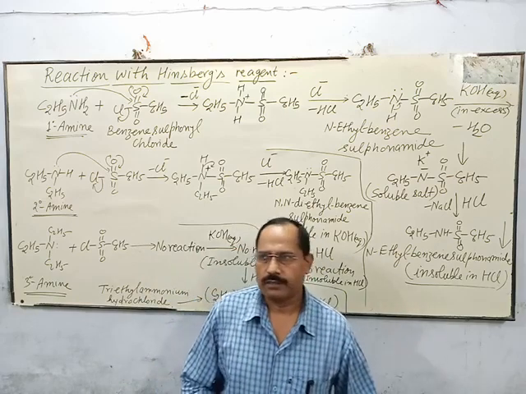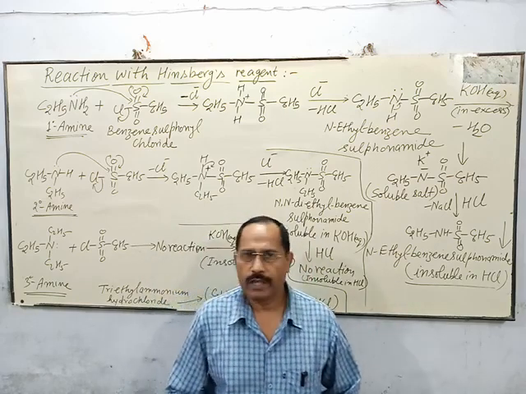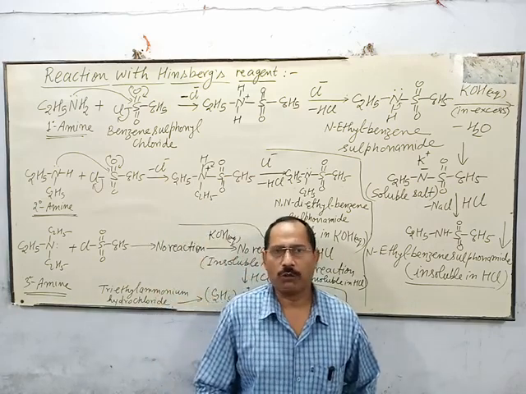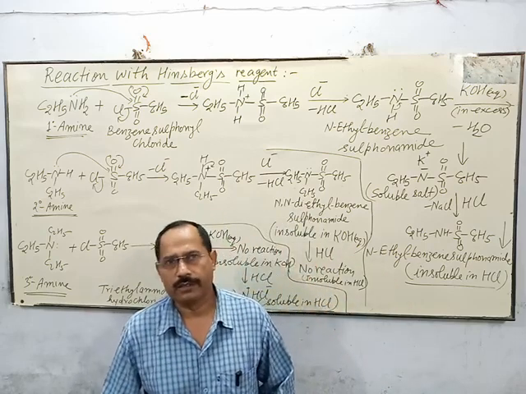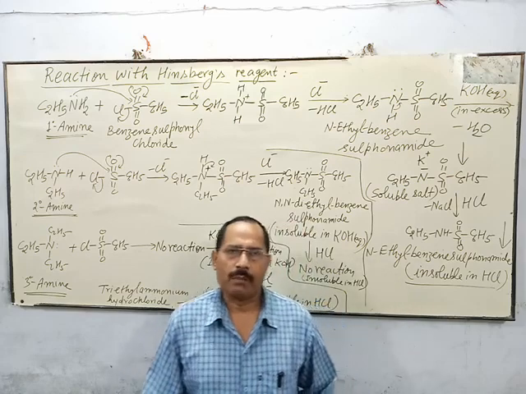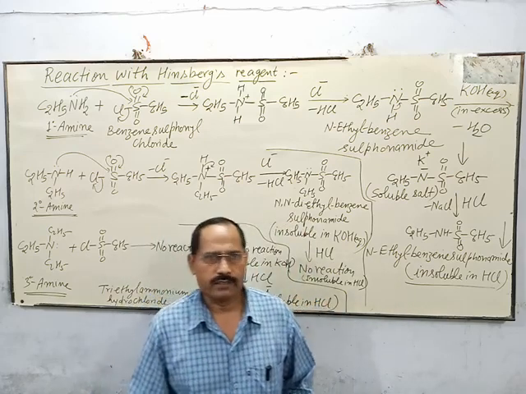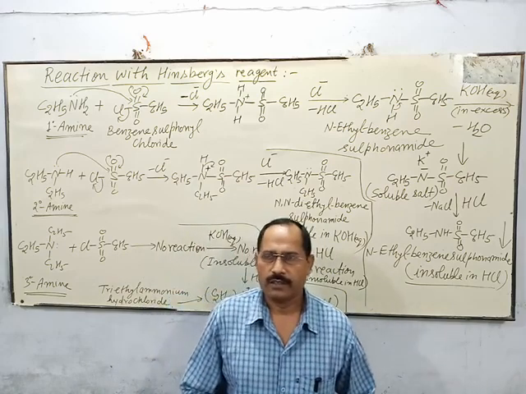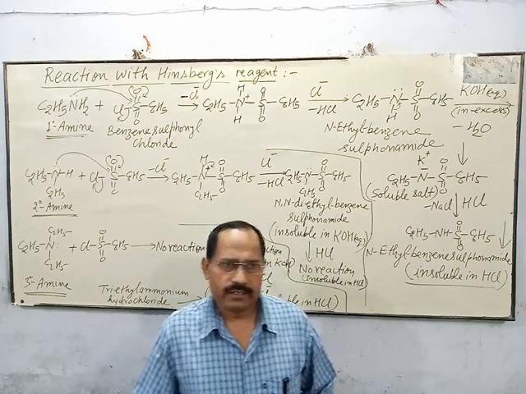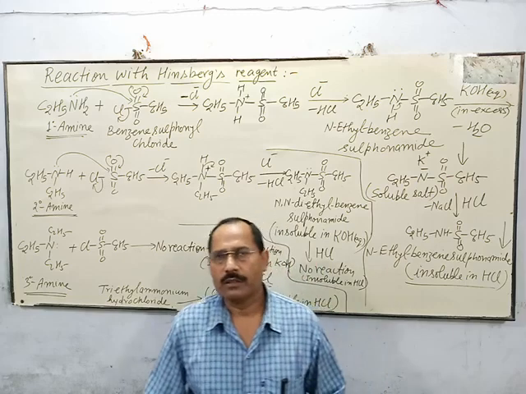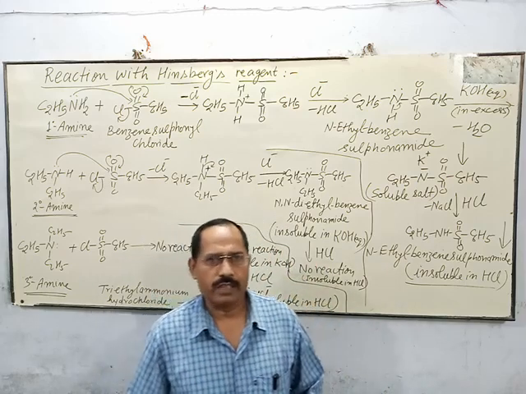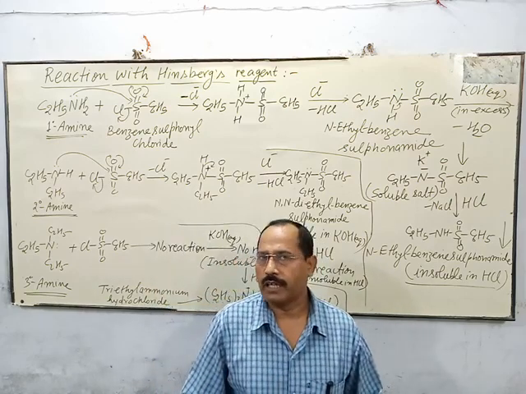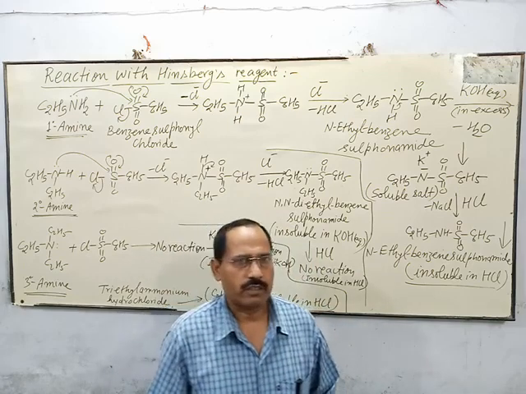The chemical reaction of amine with benzene sulfonyl chloride is an excellent chemical test used to distinguish between primary, secondary and tertiary amine. When primary, secondary or tertiary amine is treated with benzene sulfonyl chloride or Hinsberg reagent, they react differently with Hinsberg reagent and give different indications by which we can distinguish between primary, secondary and tertiary amine. And these are described as follows.